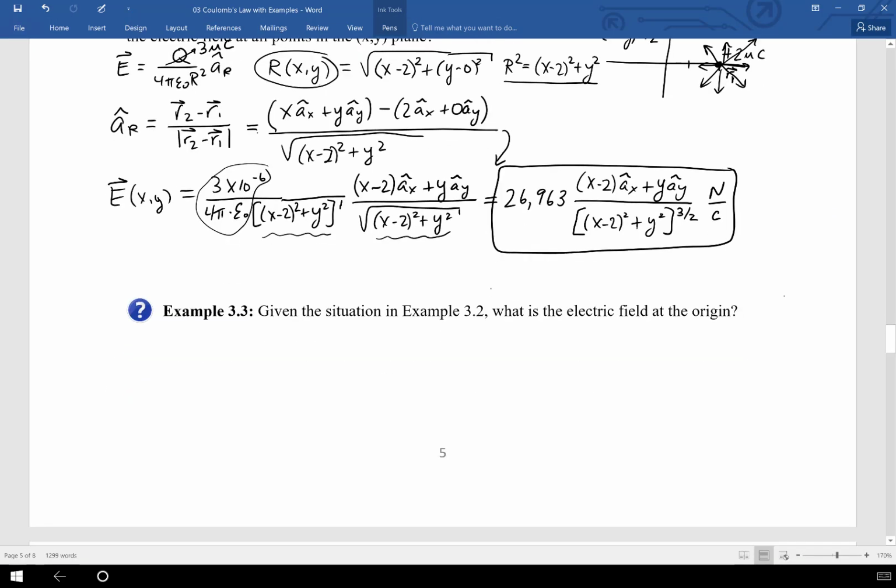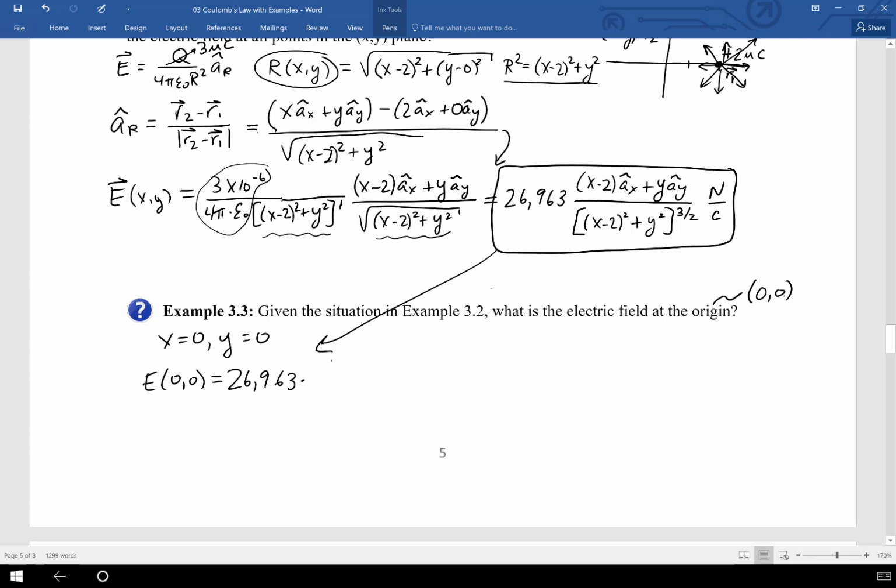What is the electric field at the origin? Just to clarify, the origin is the fancy word that we use for 0, 0, the center of everything. So if x equals 0 and y equals 0, I'm going to plug those into this equation here, and I'm going to end up with the fact that E at 0, 0 is going to be